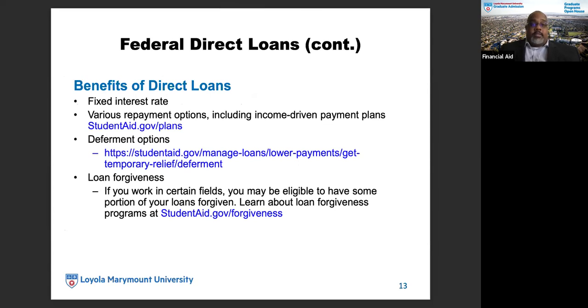Wrapping up the process for federal direct loans, we like to go over the benefits of using the direct loan program. One, you receive a fixed interest rate. If you were looking for other loans from private lenders, you will usually see either a combination of fixed interest rates or variable interest rates, but the direct loans do have a fixed interest rate. There are various repayment options for students who borrow through the direct loan programs, which includes income-driven repayment plans, which will tailor the amount that you have to pay back your loan based off of the amount of income that you have for the year. That information is available at